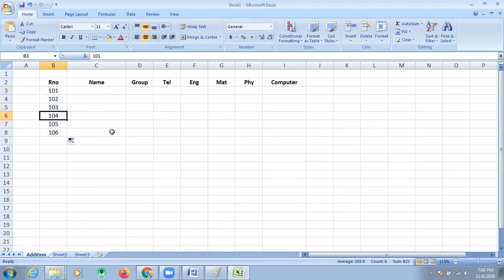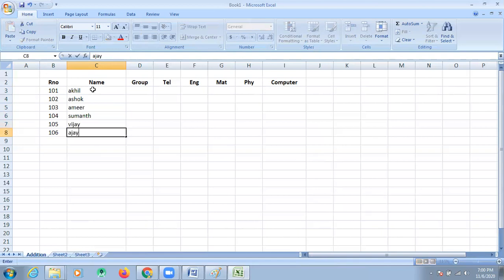Okay, names. I'm giving Akhil, Ashok, Amir, Sumant, Vijay, Vijay.